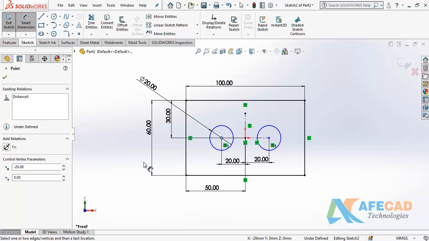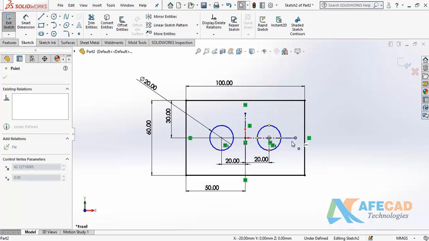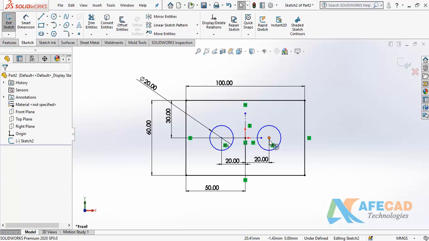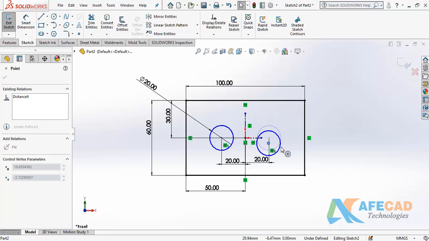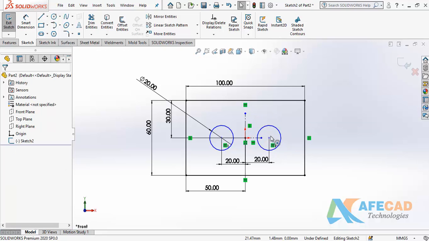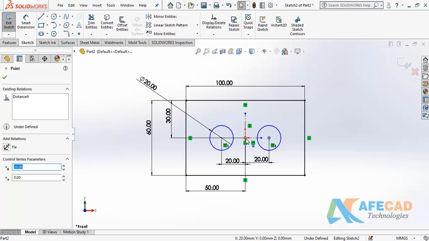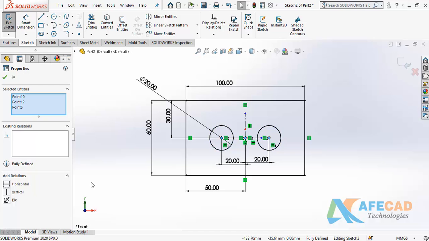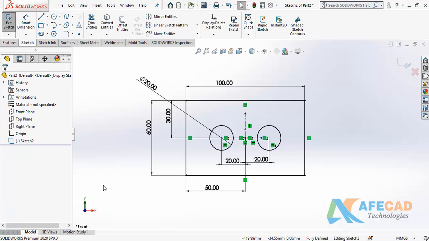Objects can still move. This is my object.